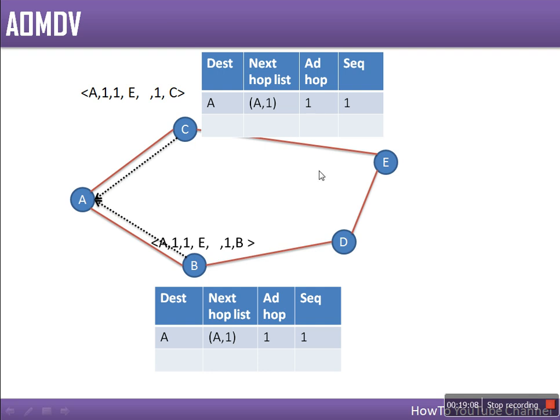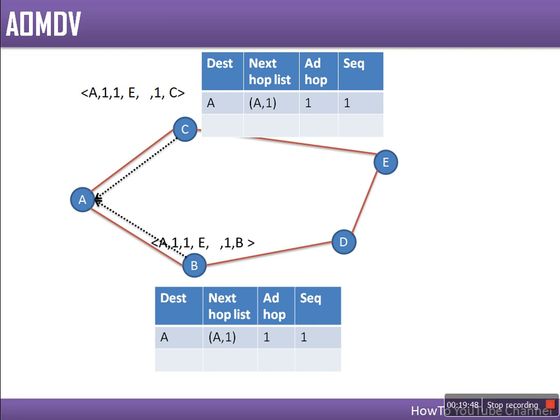So let's say if an intermediate node is receiving packets from C and B, it will create one entry for ID 1 route request packet: one packet came from C, one packet came from B. So if multiple packets are coming via different first hops, they will be received. Otherwise, if a node receives two route request packets, and both are coming via this node C, only the first will be entertained, the second will